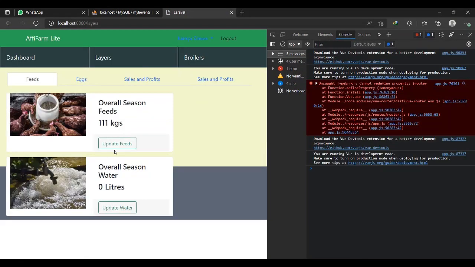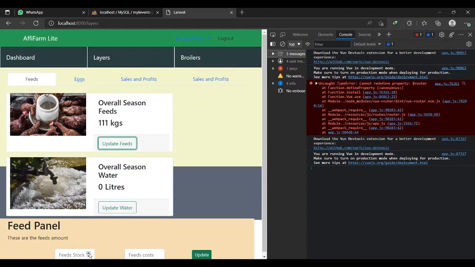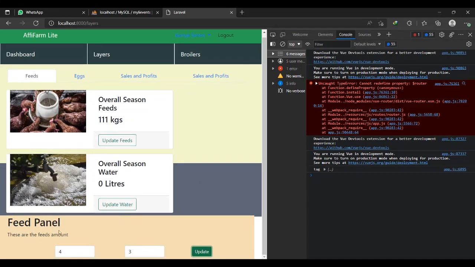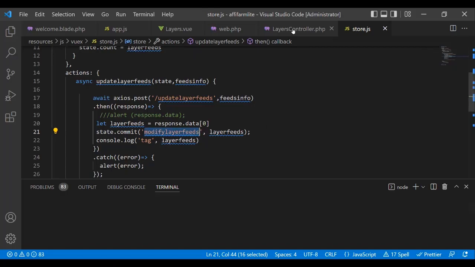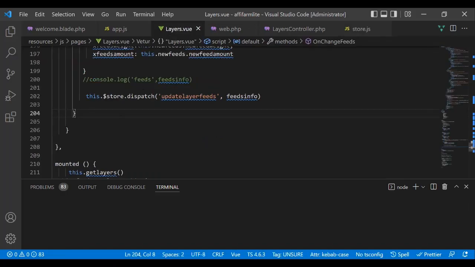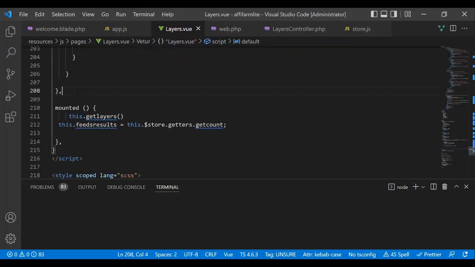Right, so we go to layers, we choose to update, okay, and then choose to update. All right, so it has updated, but actually it has not changed here, which we would expect it to change. It's because we need to have now a computed property. So I'm going to go back to my layers here, and then I write a computed property that will take